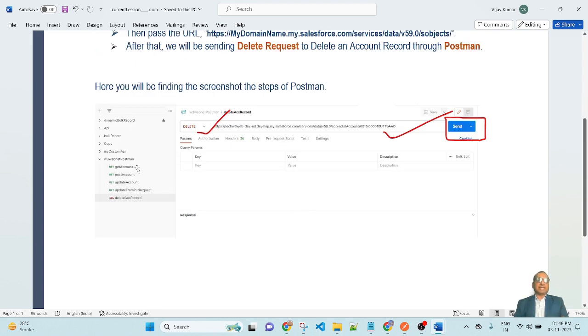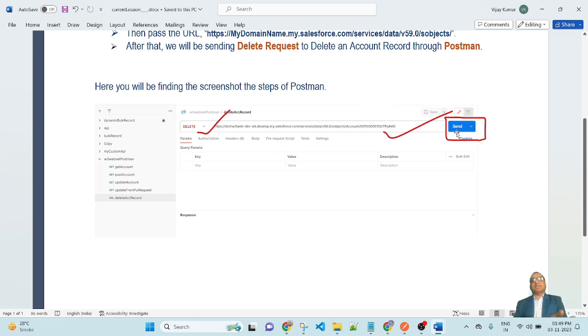First, go to your collection and you will get three dots. Create a new request, and by default it will be GET, so change GET to DELETE from here. Pass the URL, and at the end of the URL pass the ID of the account that I want to delete. After that, click on send.